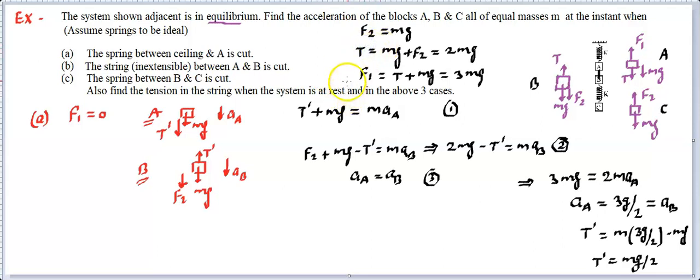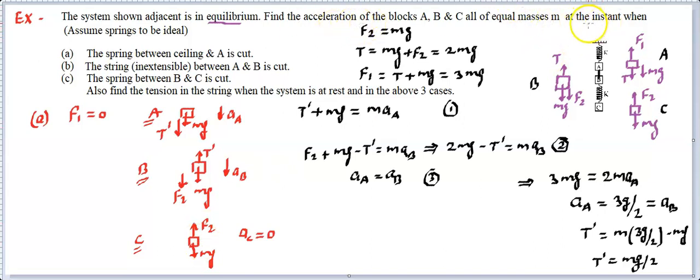Can you think of what I'm doing? If you can think of it, then it's okay. We can go for the C block. Now draw the C block separately in the new condition. In the new condition, you'll find it has F2 force upside. This F2 has not changed. Mg force downside, this mg has not changed. So nothing has changed, and the acceleration of C will be 0 because it is in equilibrium. Still, it is in equilibrium just after cutting the string.